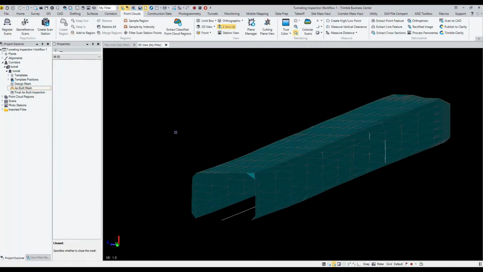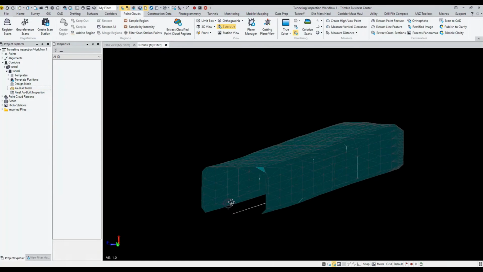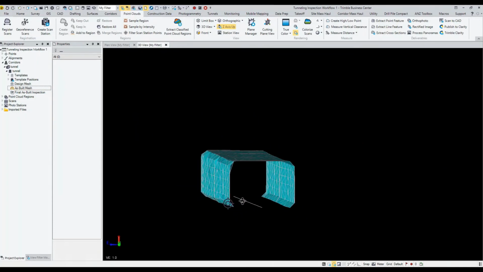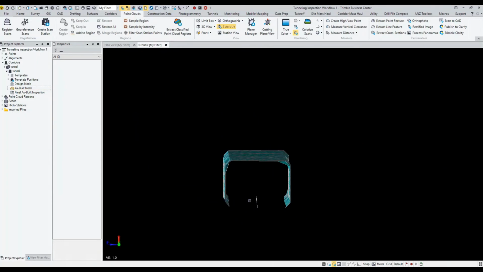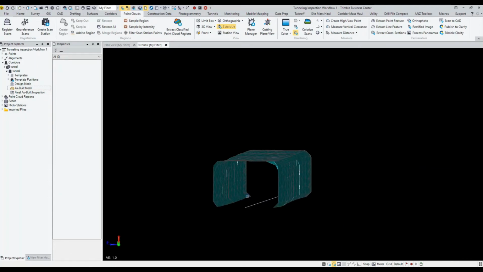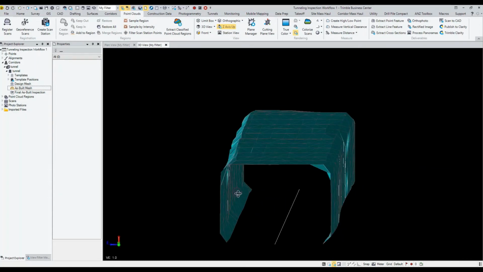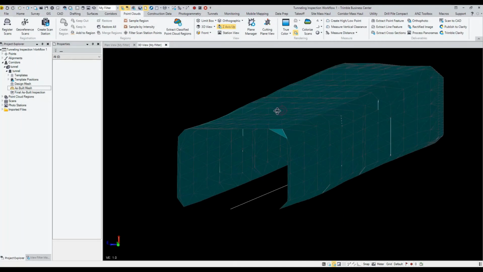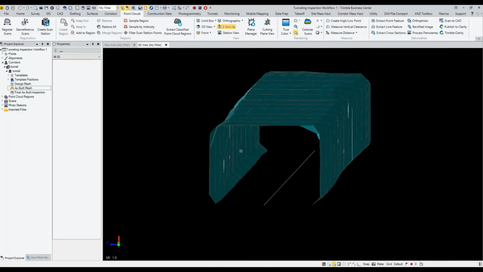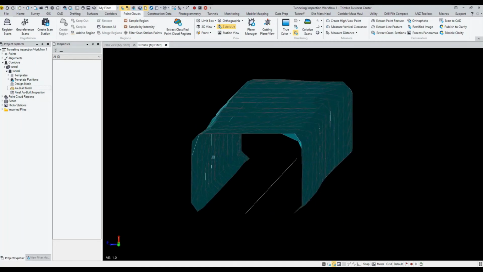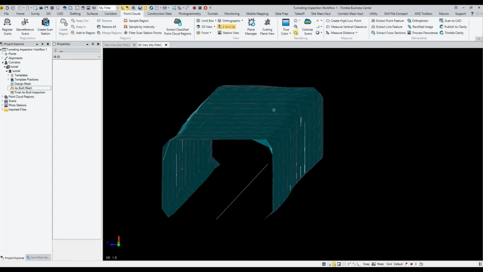So in this situation, it was a more NATM designed tunnel, drill and blast. So typically our design file is not going to have that floor attached to it. And so what we can do is come in and say that it is an open as-built mesh file and quickly change that. And that'll make things a little bit more accurate as we're trying to compare the as-built mesh